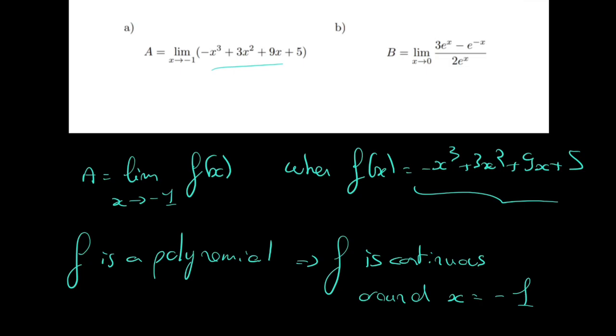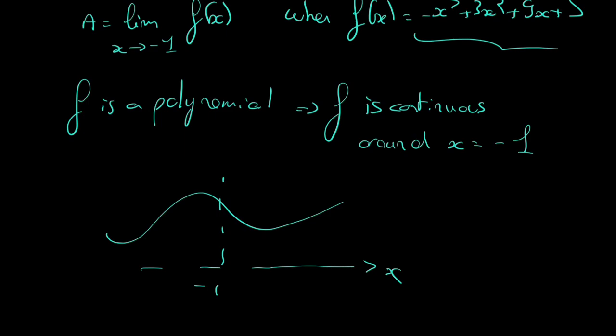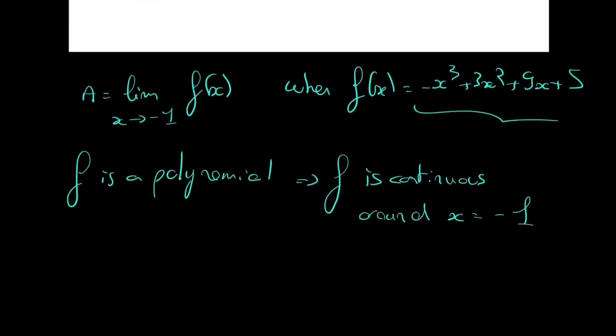Why -1? Because we want to know the value of f when we come close to -1. That means that maybe we've got f that is like that, if here we have the x's and -1 here. If f is continuous around -1, when we are going to come close from -1, we are just going to calculate the value of f of -1. And this is very easy. When the function is continuous around the value we want to find the limit of, we just have